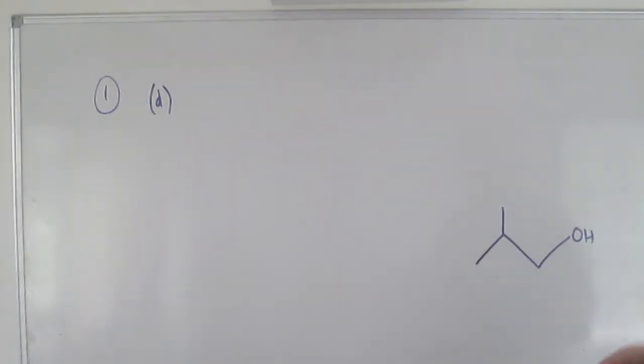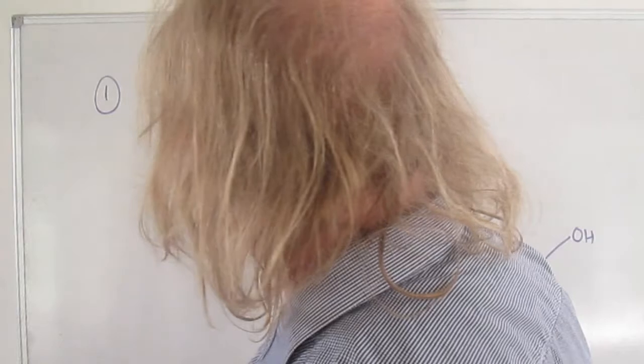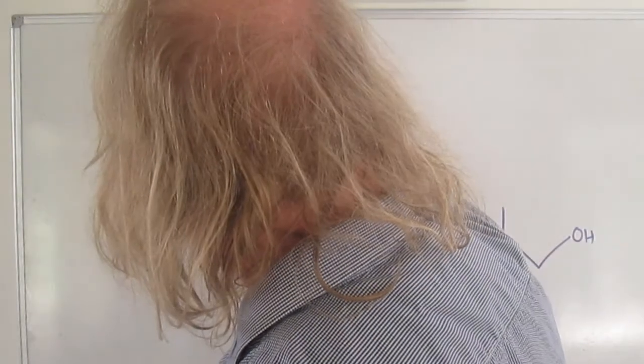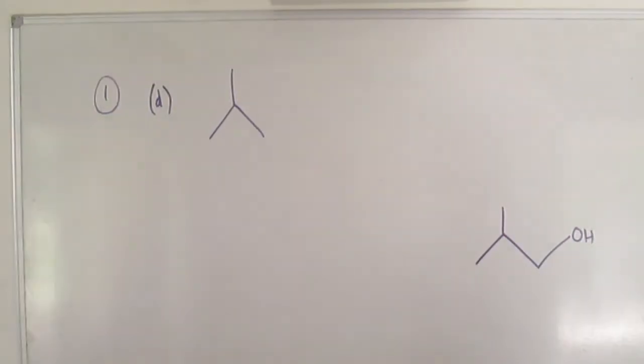Question D then asked you to find a way to make this compound in 2 steps, starting from an alkane. So the alkane clearly needs to have the right carbon framework, so it'll have the 4 carbons in place, it just won't have the OH group. So you're going to start from 2-methylpropane, which is that. And when you do questions like this, it's important that you don't make up reactions. Some people